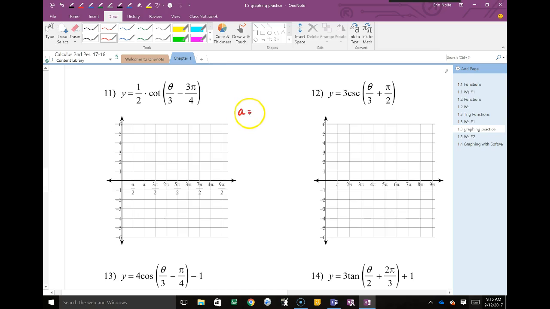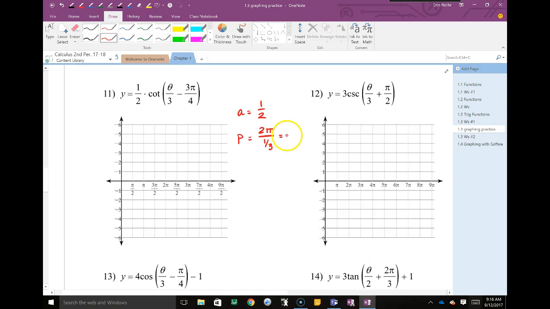Alright, tell me what the amplitude is. 1/2. Ooh, what's the period? The period is 3? Okay, so you're saying 2 pi over 3. What's my b value? It's not 3, it's 1/3, because technically the b value is like dividing by 3. So 1/3, so if I have 2 pi over 1/3, that's the same as 2 pi times 3, which is